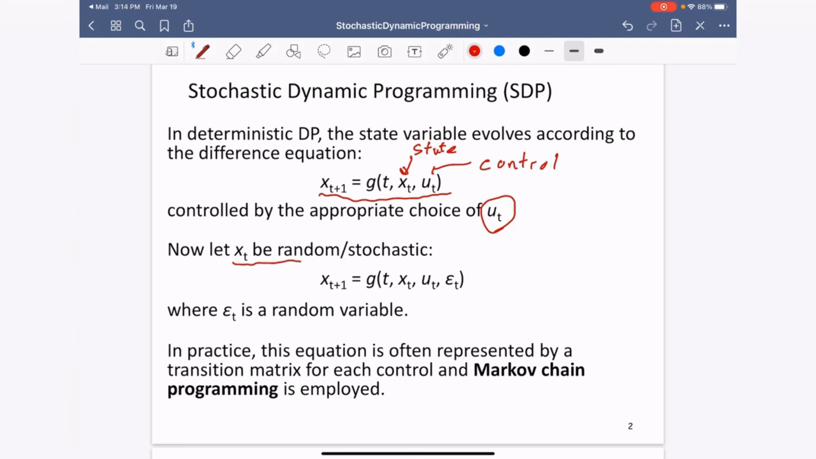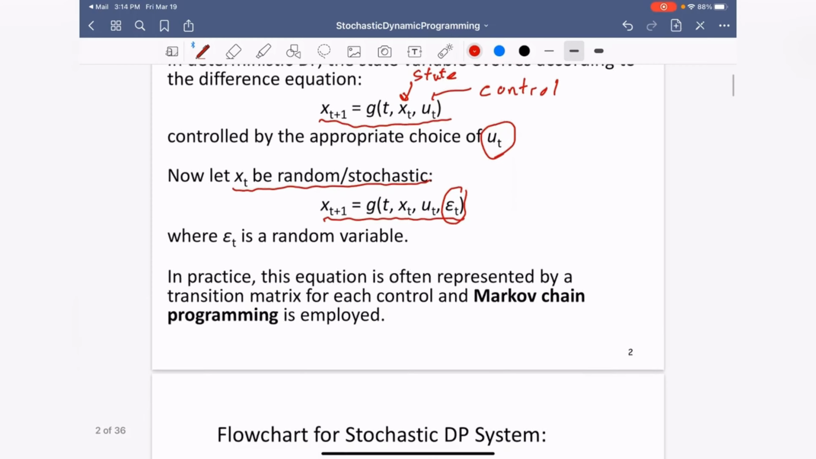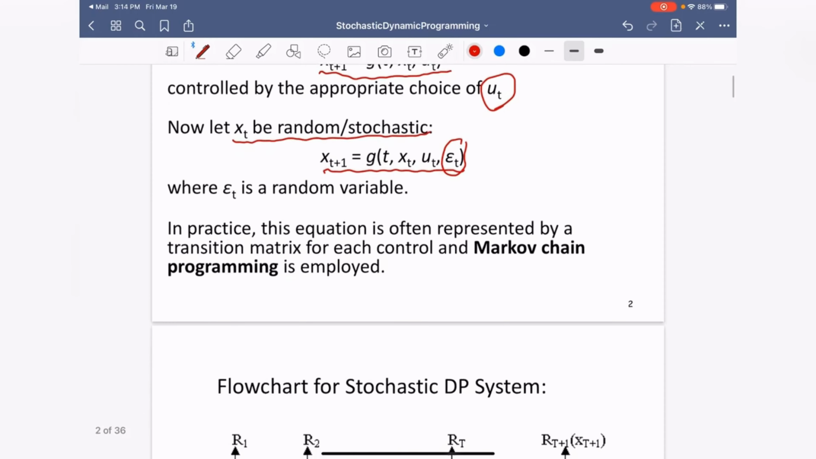So what we're going to do here that's different from what we've done before is let x_t be random, or stochastic. So x_t evolves along this equation, where this component here is your random variable. In practice, this equation is often represented by a transition matrix for each of the controls, and often we refer to this stochastic dynamic programming as Markov chain programming,